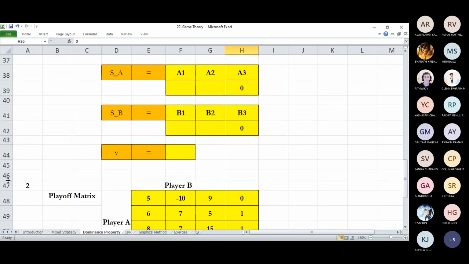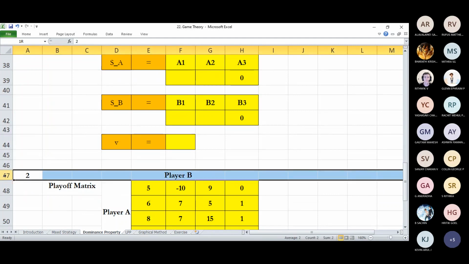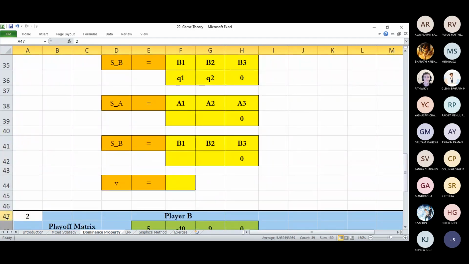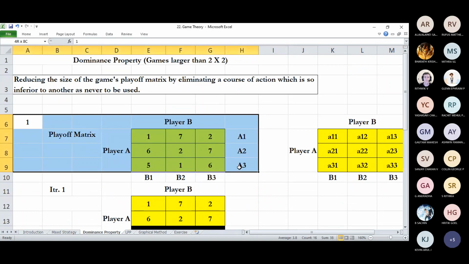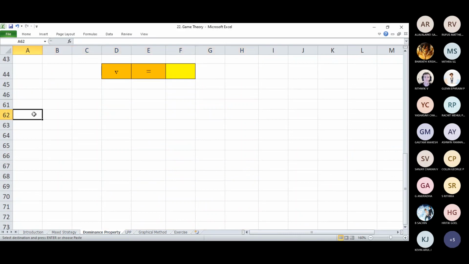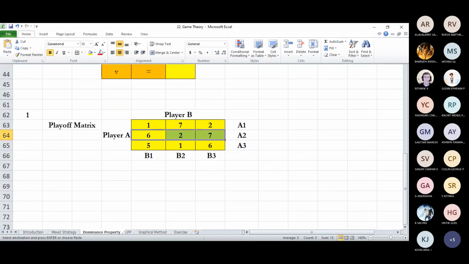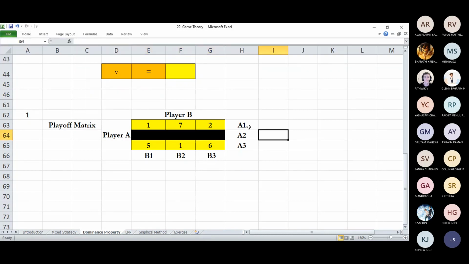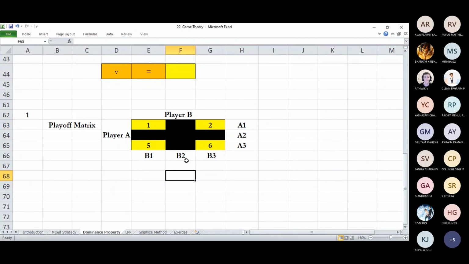This is a practice problem. I'll hide this. We can try the other way. You can remove this also. There are probably multiple ways. In this case, I can mask column B. So I remove that, and instead of A3, I can go for B2. I'll mask the B2 column, which means I end up with this.